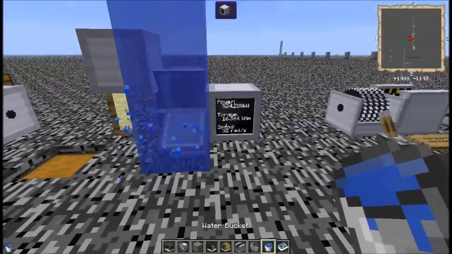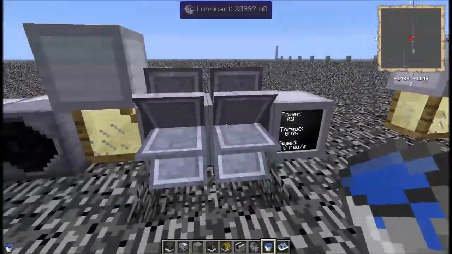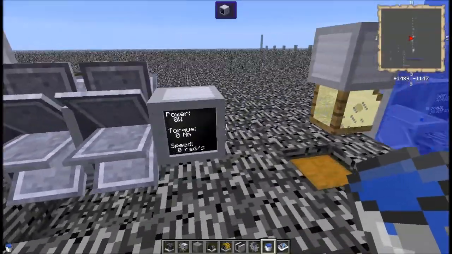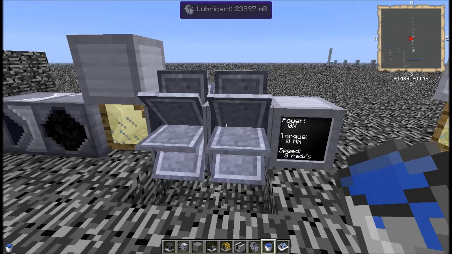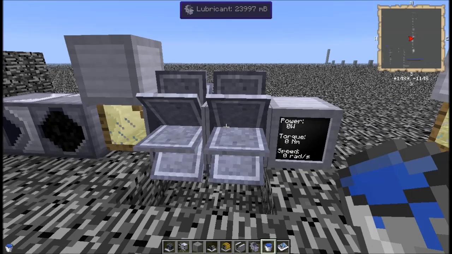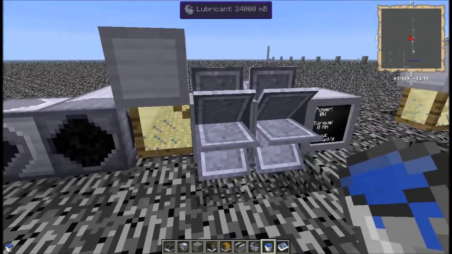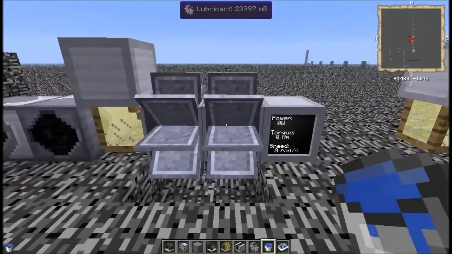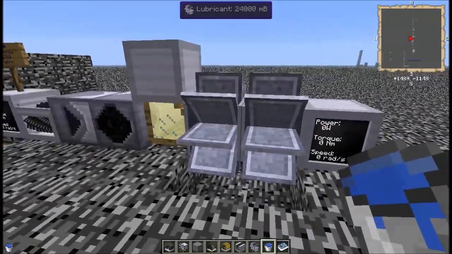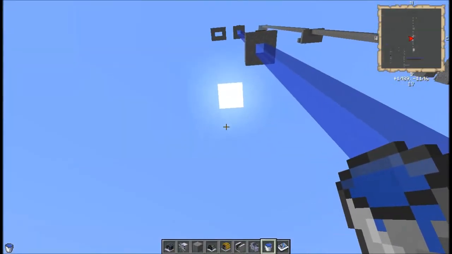But let's say you want to generate more power than just this. You can put them in sequence. You can stack them as long as you want within reason. I mean, they all have to be chunk loaded or whatever, and recognize that they're all attached in line. But you only have to feed the lubricant into one end, and it will lubricate all of them. You can see up above I have that little tip, almost 24,000 in both. So let's go ahead and come up here